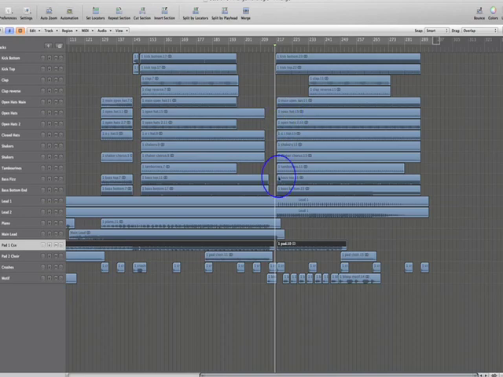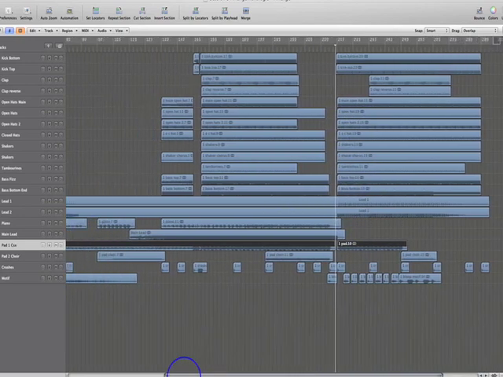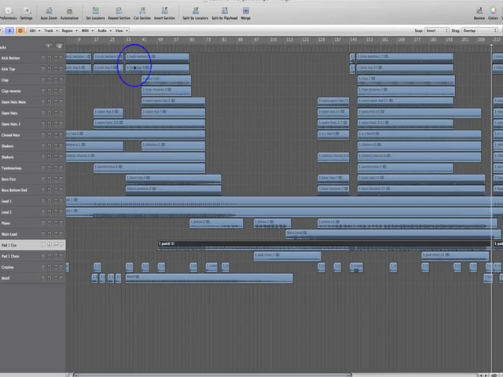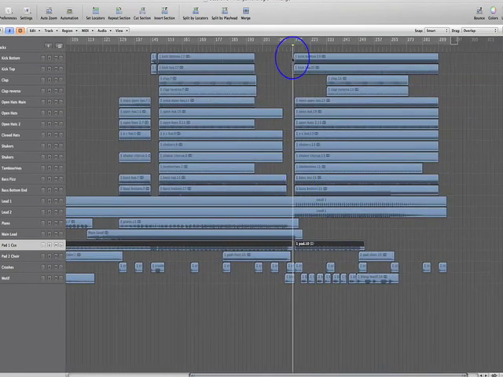Now you notice that we don't have to work to build up section A again, the same as we had to work to build section A down and slowly introduce and build up section B. We don't have to do that with this part, because the public are already aware of part A, they've already heard it, so they know that when we finish with part B, we're going to go back to part A anyway. So we can do that rather abruptly, it doesn't really matter. So just have a listen to that.